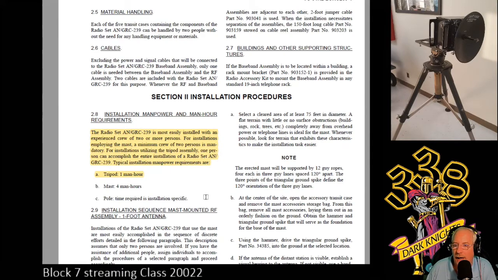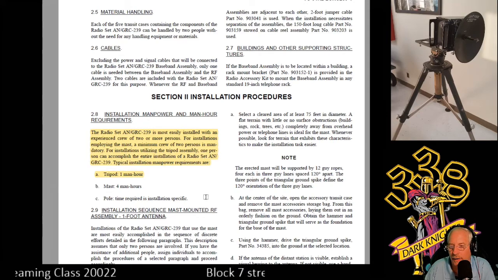Depends on how high up the pole that you're going. It may be a telephone pole. You may need to get the equipment or a qualified person that has climbing experience up there. You just can't go and do it by yourself, normally when it's a pole. With the tripod, even though our